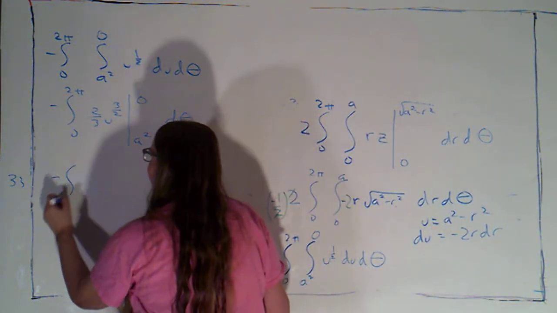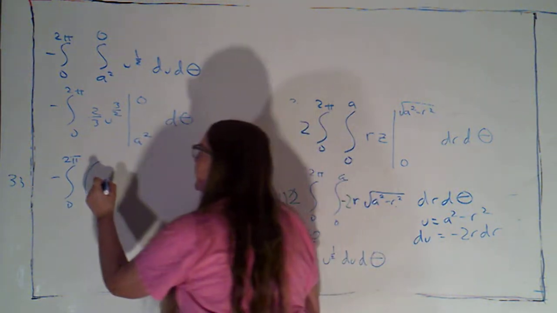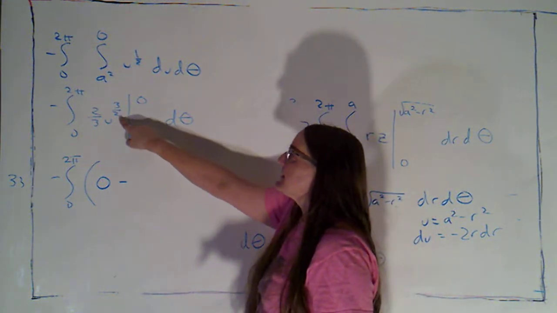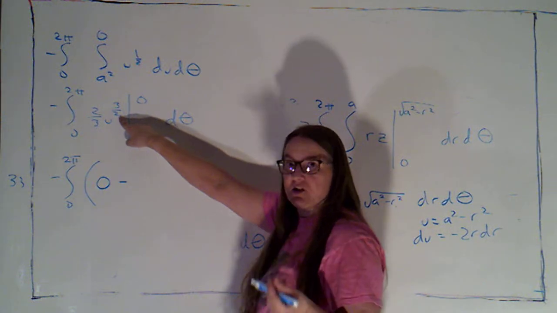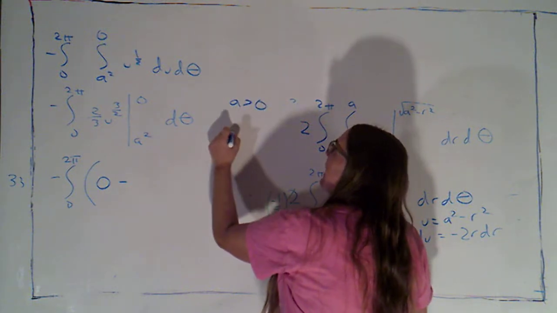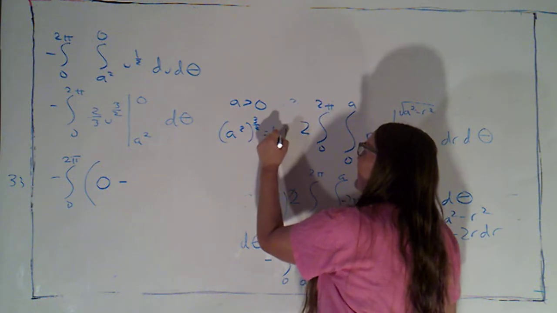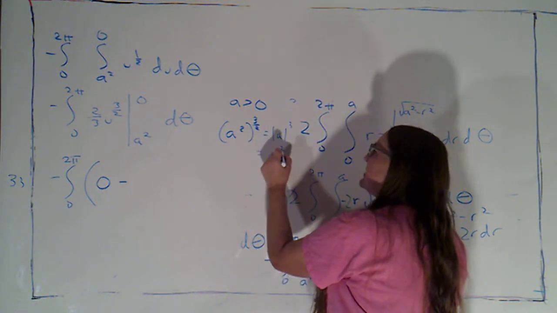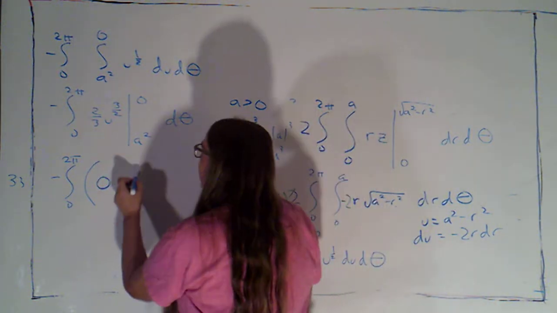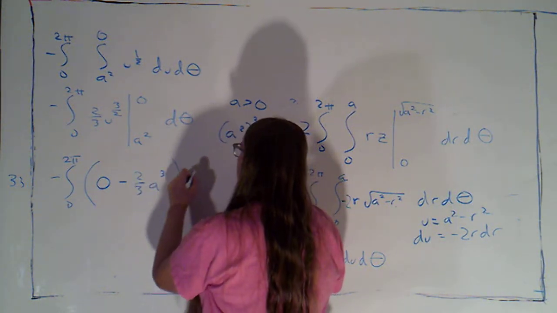So that's going to be negative integral from 0 to 2 pi. When I plug in 0 for u, I get 0, minus when I plug in a squared, this has me take the square root, which is just going to be a, because I know that a is positive. So a squared to the 3/2, in general, that would be the absolute value of a cubed, but in this case I know it's just a cubed because a is positive. Okay. So that's going to give me 2/3 a cubed, and then we still have to integrate that with respect